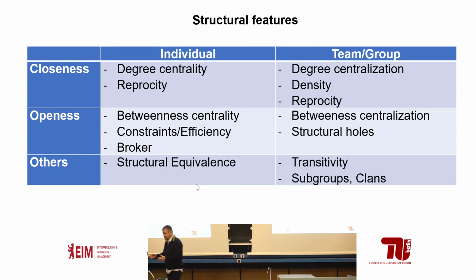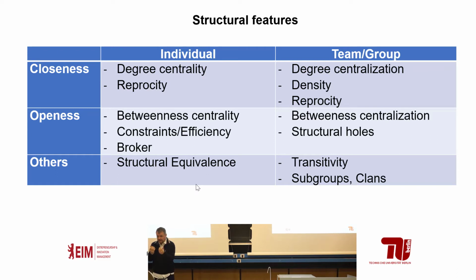Networks are never all in the size close. Networks are clusters which are connected to each other. And then you have some other structures that are considered. Structural equivalence means if some persons who might not even know each other have exactly the same network configuration, are they similar in certain positions? And that seems to be the case. Not only persons, you can take cells in your body that have the same networks, they do a similar job.